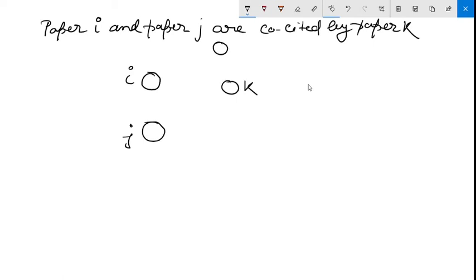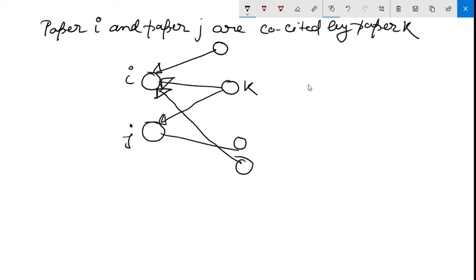These are other papers. Paper K is citing paper I, and this paper also, let's say, is citing paper I, and paper K is citing paper J, and this paper is also citing paper J, let's say. So here let's say